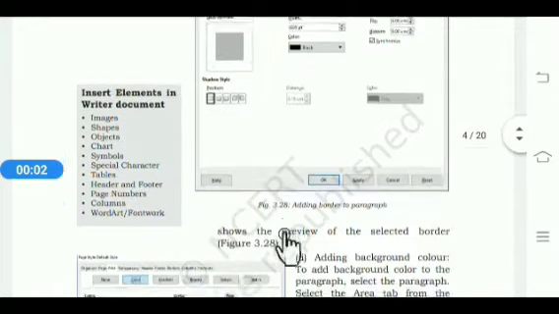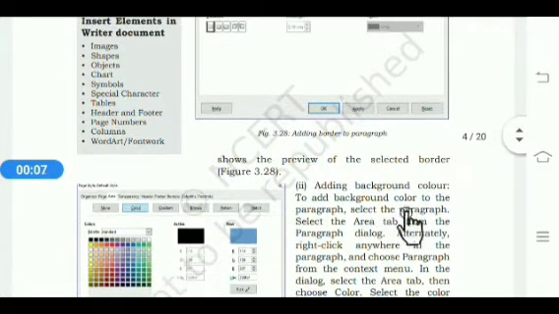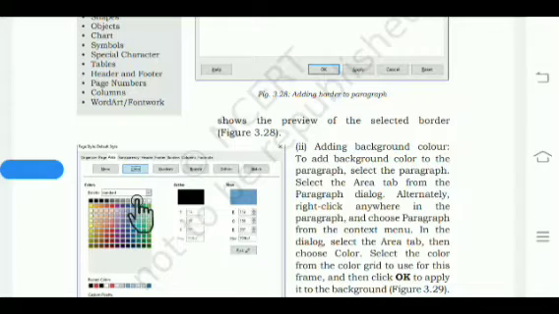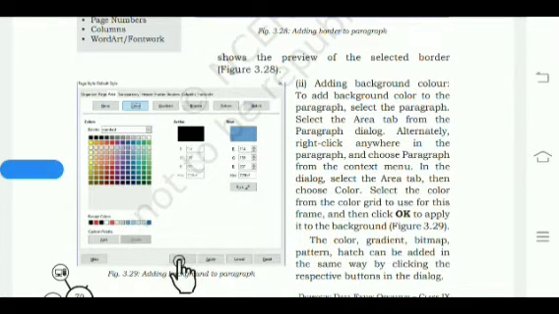Then next is adding background colors. For this, firstly select the paragraph, then click on the Area tab under the Page Style dialog box, then click on the Color button, then select the required color for the background, then click on OK. In the same way, you can apply gradient, bitmap, pattern, hatch in the document as a background.